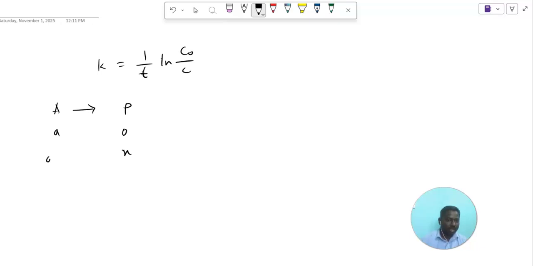At that particular time, the concentration of reactant becomes A minus X. So this is C naught and this is C. Here time is equal to 0. After time t is equal to t, right? So if you substitute, this equation becomes